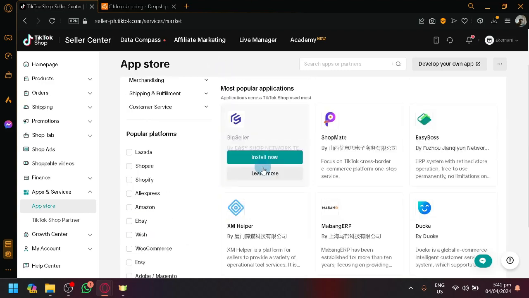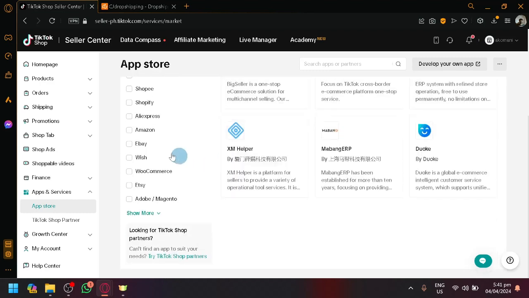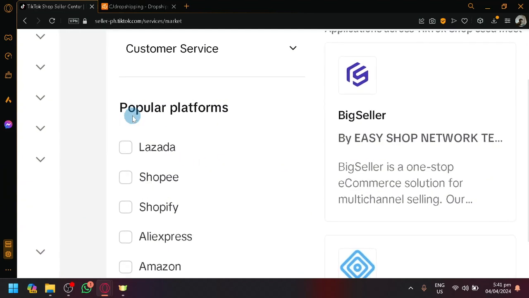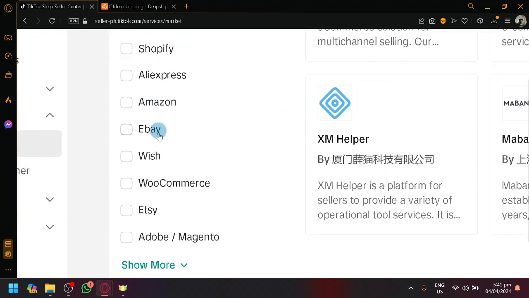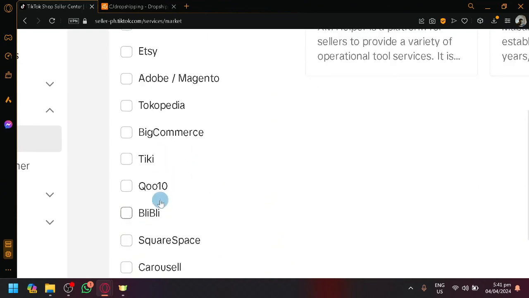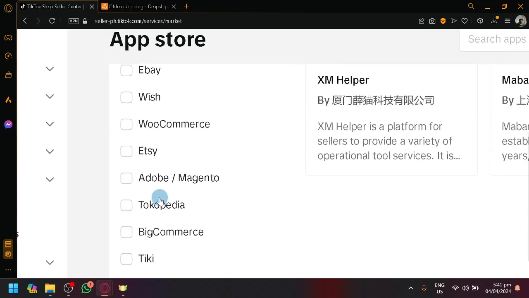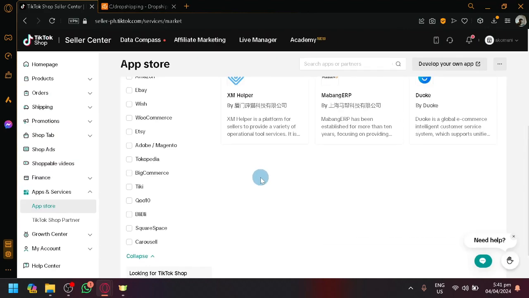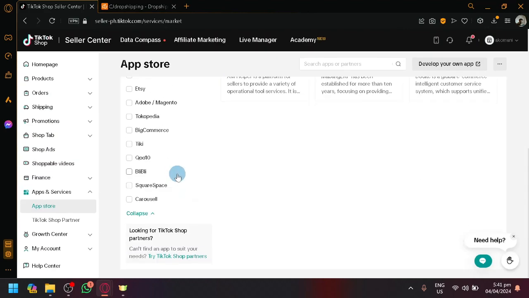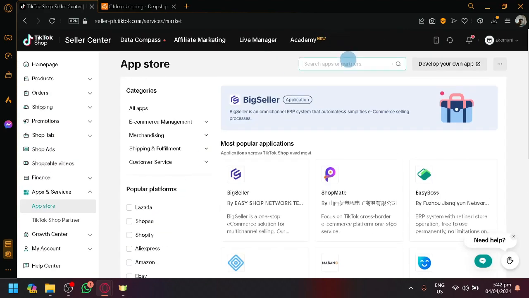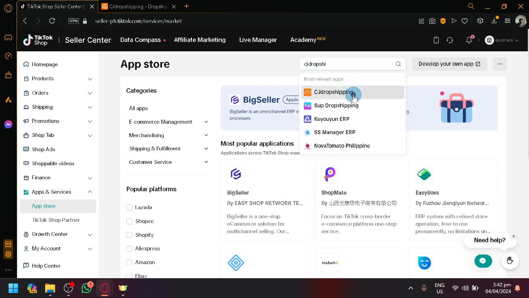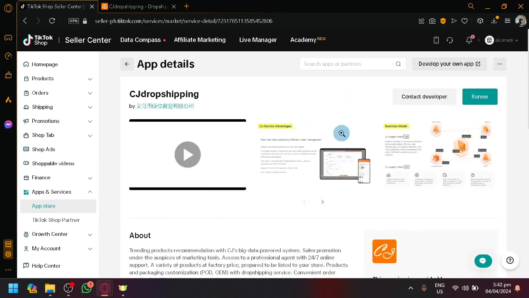So over here, you have all sorts of applications. And if you look over here on the left side, you can see that there are popular platforms that you can check out. As you can see here, there's all sorts of platforms. Now, you might notice that CJ Dropshipping is not part of these. So if you search CJ Dropshipping, there we go, click on that,